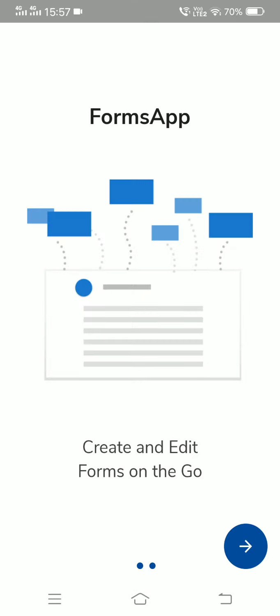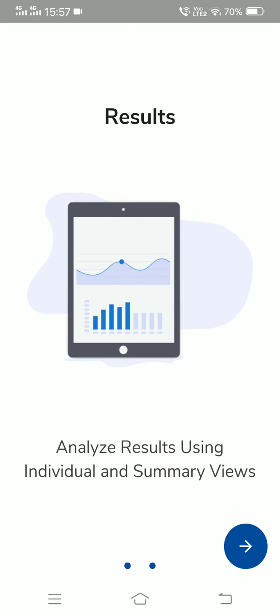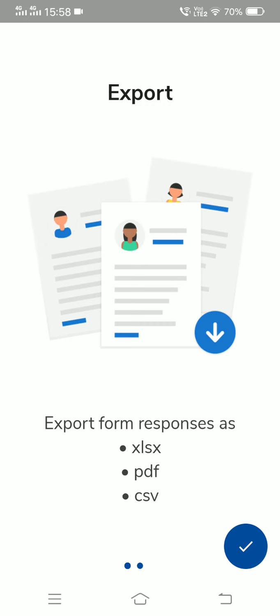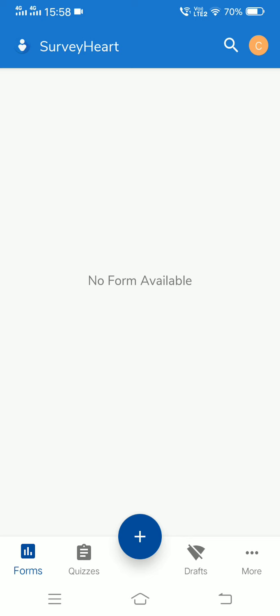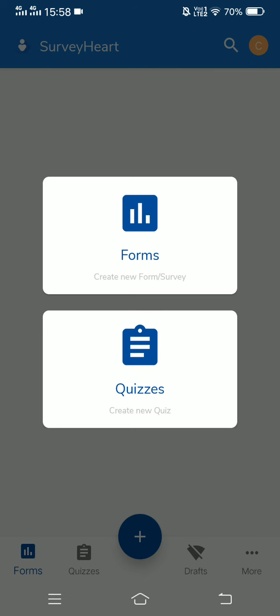Google Forms can be created using Android mobiles, laptop, desktop, iPhone, iPad, anything. And once you receive the response from your targeted audience, you can convert these responses into spreadsheets or PDF documents or CSV files also. So now what you really need is one Gmail account. So I chose my account, and since I have no forms done previously, it's showing no form available. So let's create one form by clicking on this plus symbol.